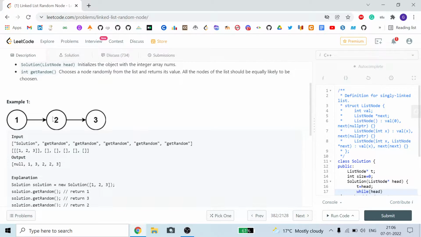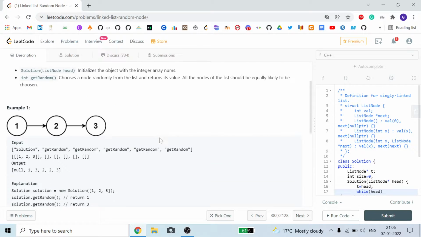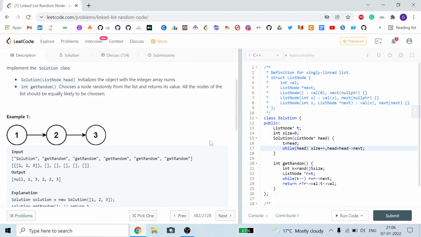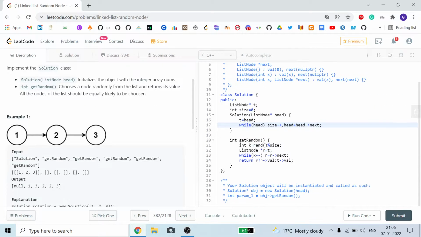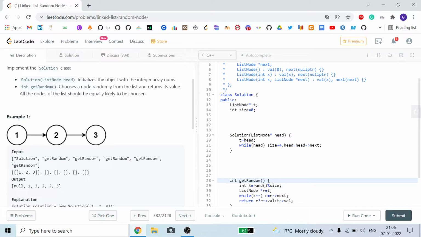So here, first of all, we are given the solution. Only one example is given here. I am explaining it to you with my code. We have to implement this function. First of all, when the input array calls Solution, it will call our constructor directly.